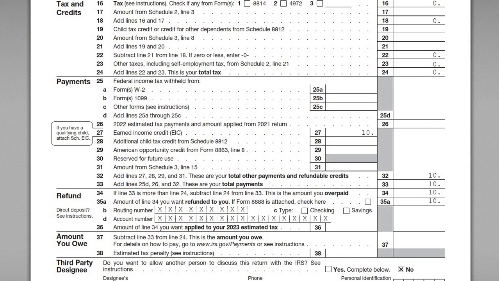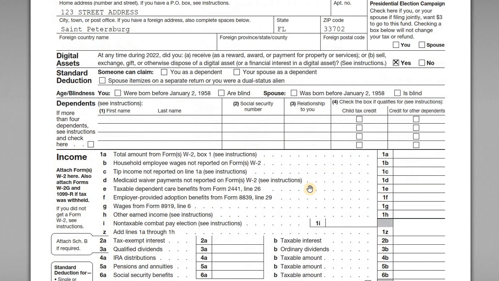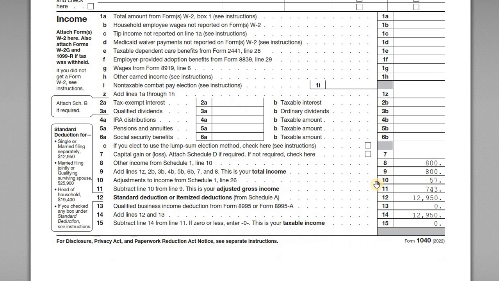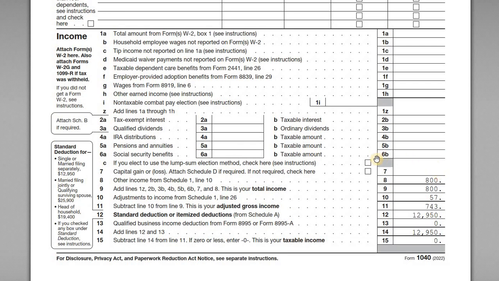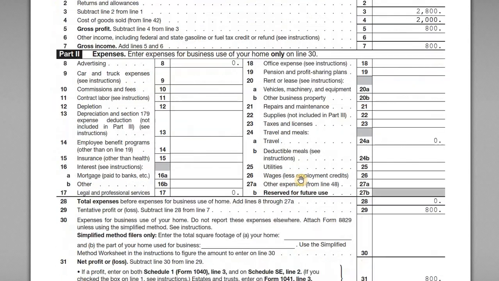So if I go back to the returns, this is the second scenario return. Here we can see that after John did his Schedule C, he's got $800 in Schedule C net profits, and so that's going to generate the self-employment taxes. If we scroll down to John's self-employment worksheet, here's his Schedule C for profit or loss from business.